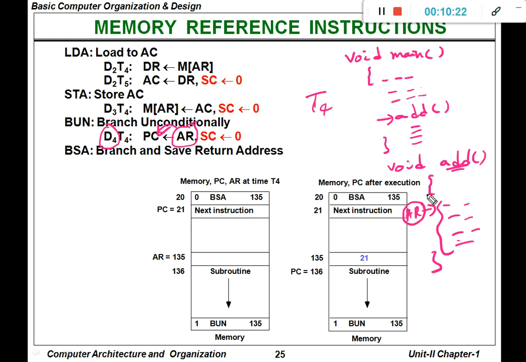Okay. But here we are not saving the return address. So this is the return address. We are not saving the return address. After the execution of this particular function, we need to return to this particular statement, but we are not saving it. So an operation like this is called branch and save return address.